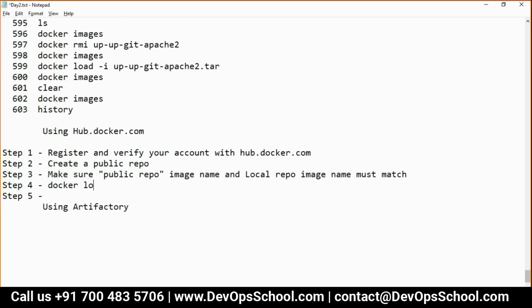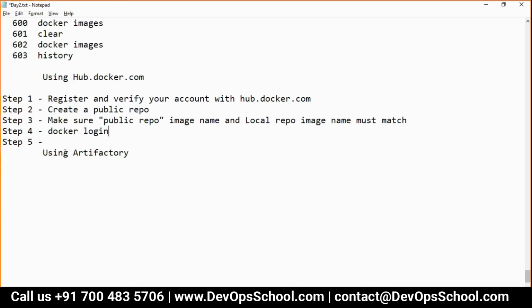After that, docker login, and after that, docker push image name. That's all.